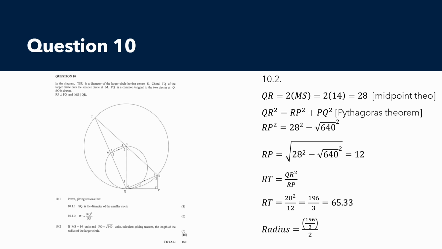Radius is equals to 196 over 3 divided by 2, because it's diameter divided by 2, and hence radius equals to 98 over 3, and hence radius is equals to 32,67. And I am done with that question,